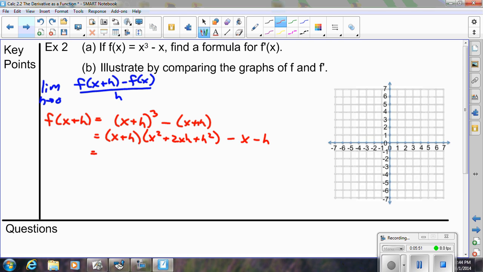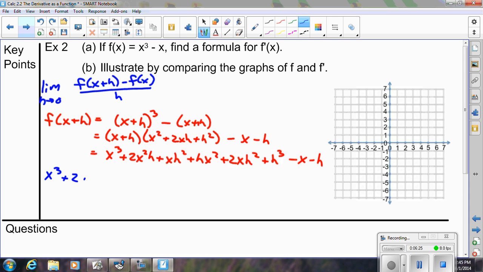And foiling that would give us x cubed plus 2x squared h plus xh squared plus hx squared plus 2xh squared plus h cubed minus x minus h. Okay, so if we took that piece, we could then have our numerator, x cubed plus 2x squared h plus,